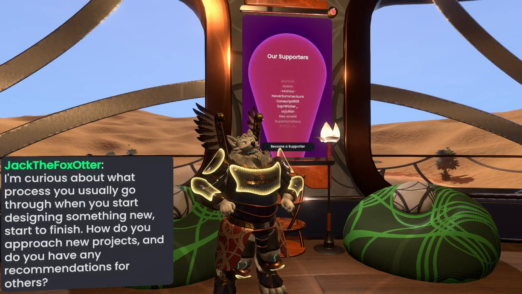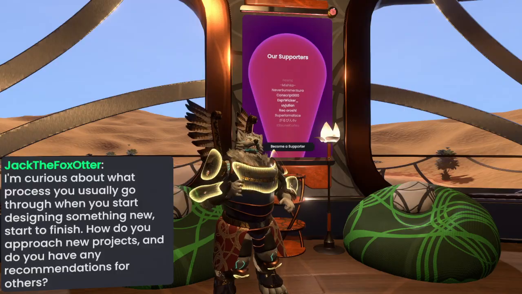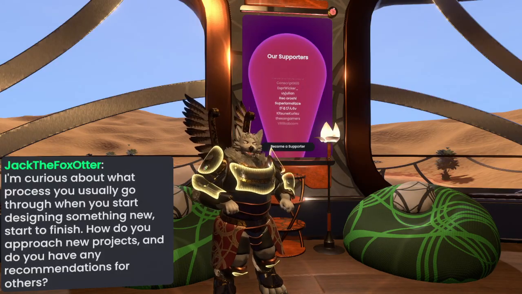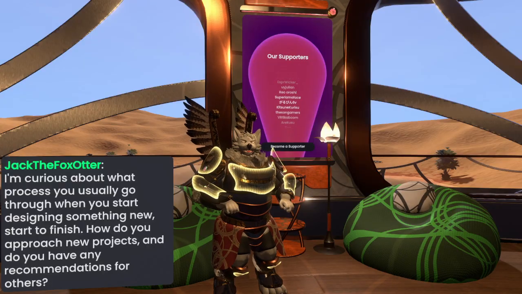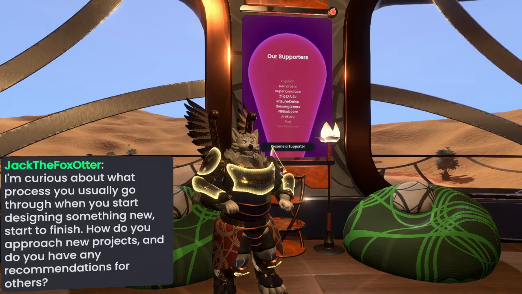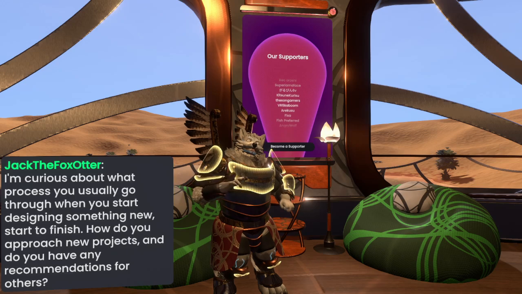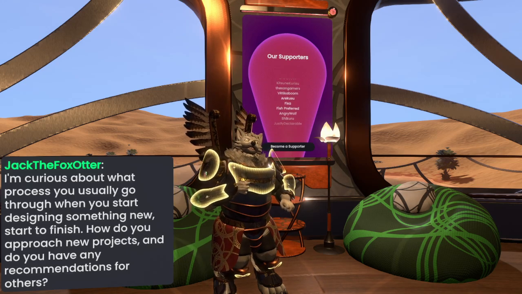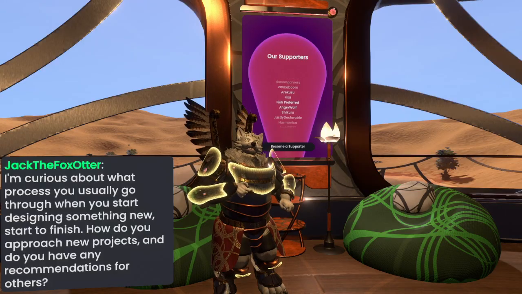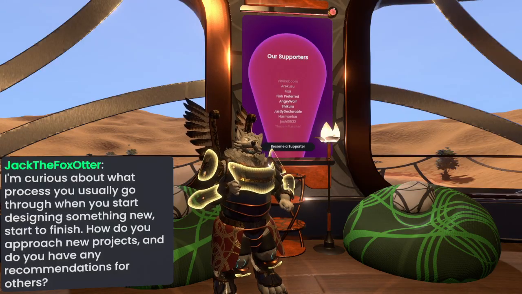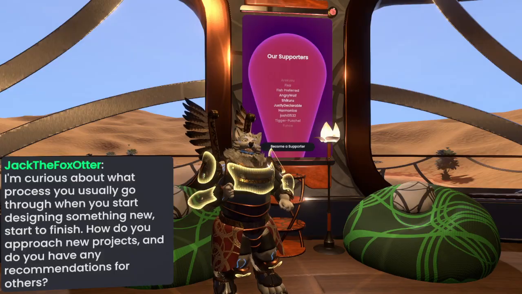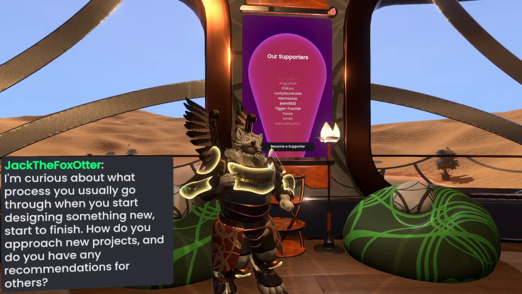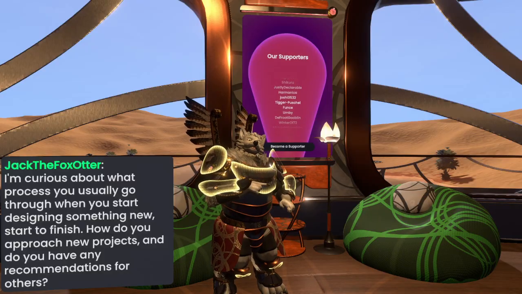regarding the example of, as of late, the tutorial, or tutorial 2.0, I guess it's codenamed at this point. Going through, we started with, of course, in this case, gathering as much feedback as has been gathered for the entirety of Resonite's lifespan so far,